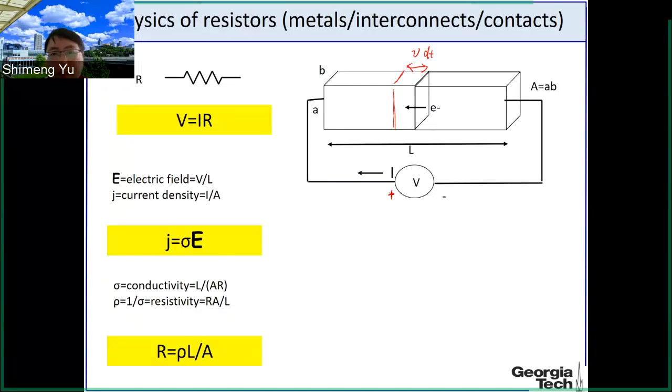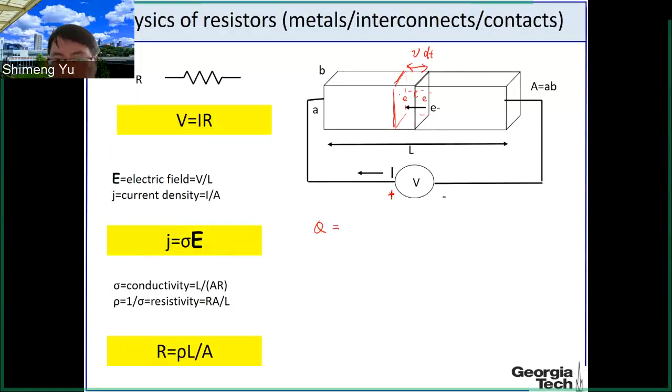So V times this dt is the distance for the electrons to travel in this period of time. Then here we can consider, here we have a volume. So there are many electrons in this volume. So the total charge Q